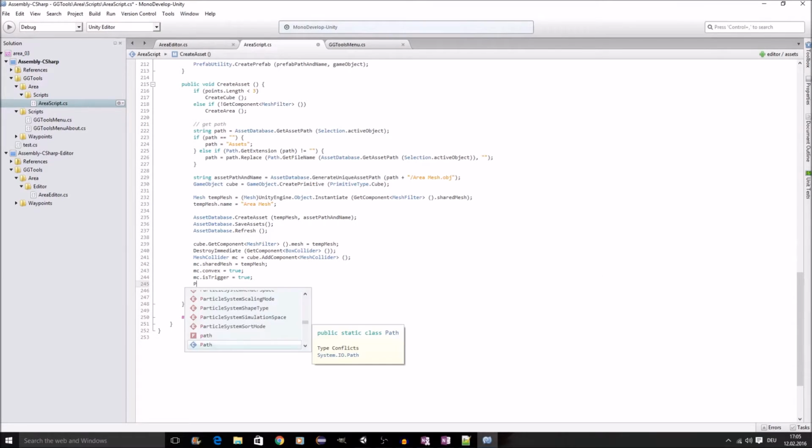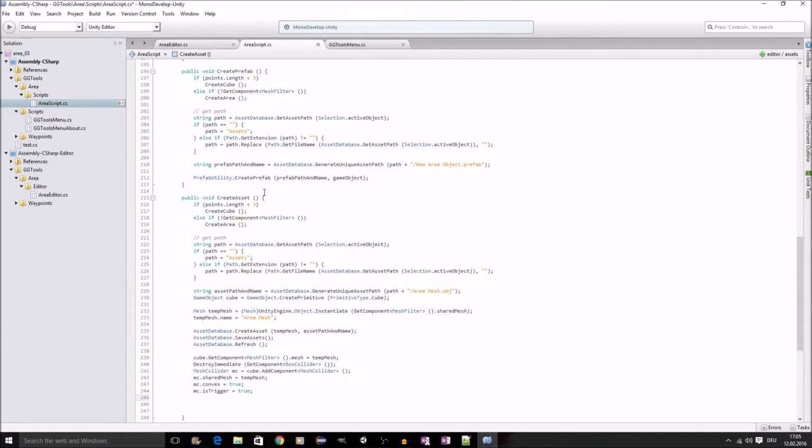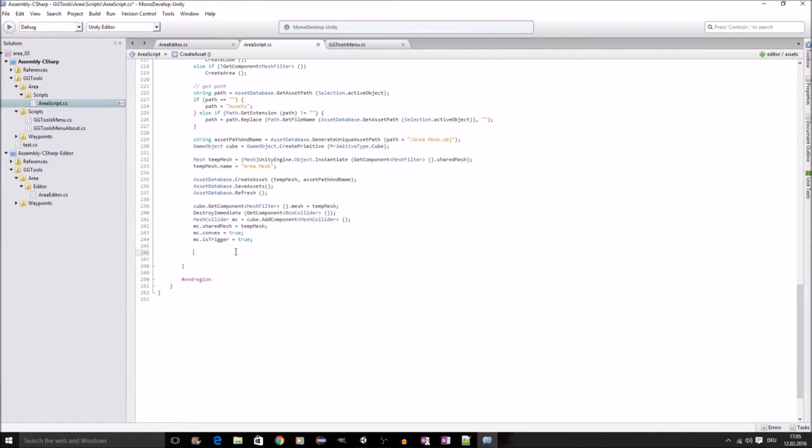And now, okay, now I remember and I know what I've been missing here. We actually need a second path. Yeah, let's just create it now. And this one will actually be a prefab. Path and name, and I call this... Now we still need to keep that separate from the new area object. So I'm just going to call this new area prefab. Okay, and now with the prefab